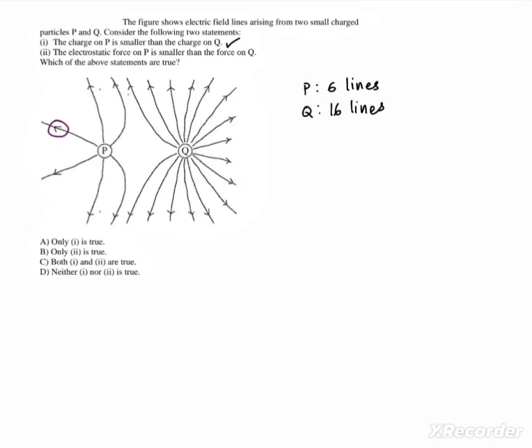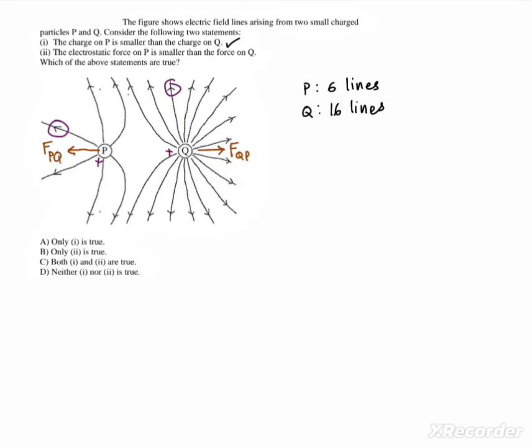direction of the arrow. So if the arrow is going outward, that means it is a positive charge, so P is positive. And then also for Q, you see that the arrows are pointing outward. That means it is also a positive charge. So now if they are positive, they repel. So we know that the force here, force on Q because of P, and then we have force on P